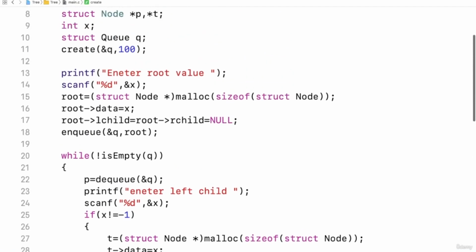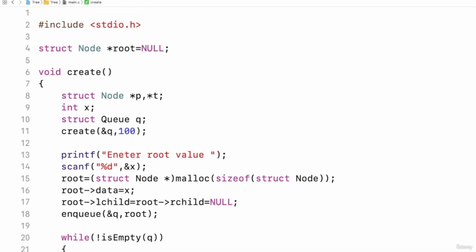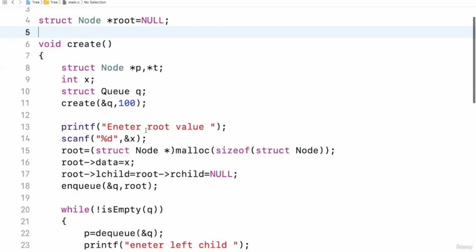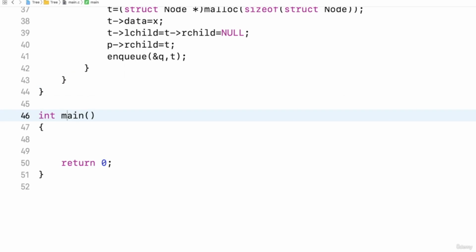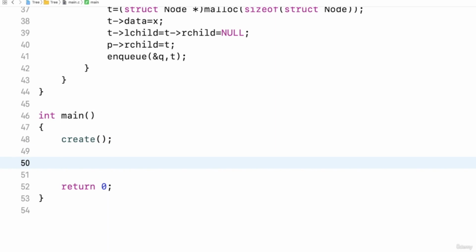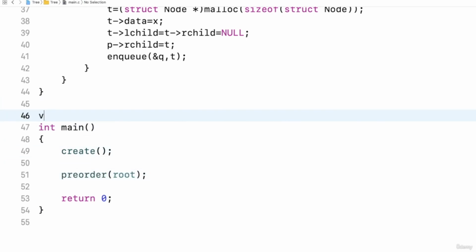So this is a little lengthy function for creating a tree. And root is a global variable, so it's accessible everywhere. So I can directly call the create function. Now inside the main function, I will simply call the create function, which should create a tree. Then after that, for displaying, I should have a function for pre-order traversal, and to that I will send root, and I will write a recursive function here, void pre-order, struct node